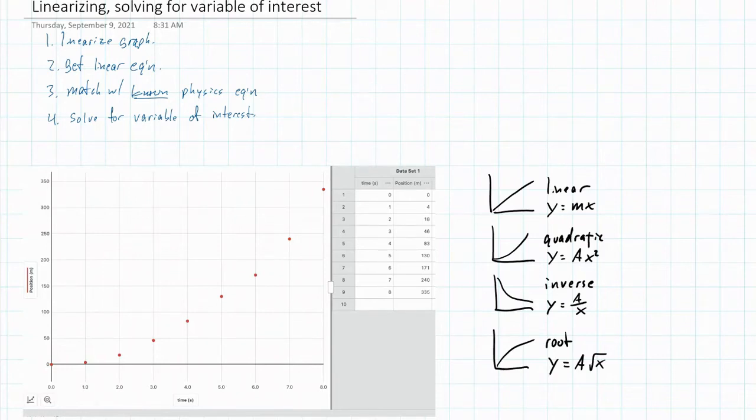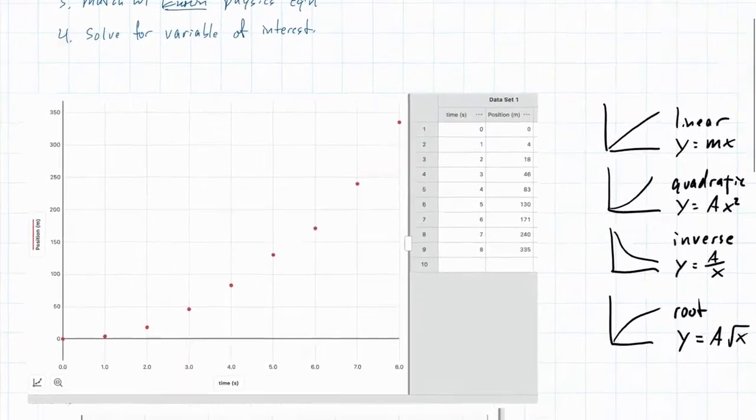All right, we're going to talk about linearizing and solving for a variable of interest. I know there's another linearizing video that is just the basics of how to linearize, but the goal of linearizing is not only to simplify a relationship, but also possibly to use that simplified relationship to uncover a variable of interest. And by that, I mean, if you have a data set that describes a falling object, such as this one does,